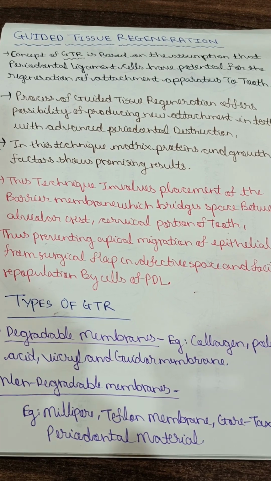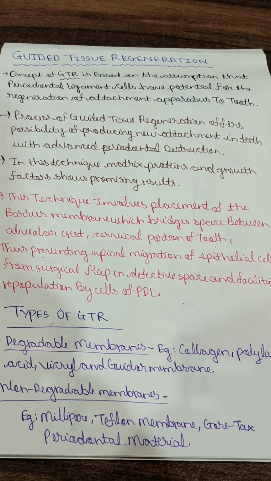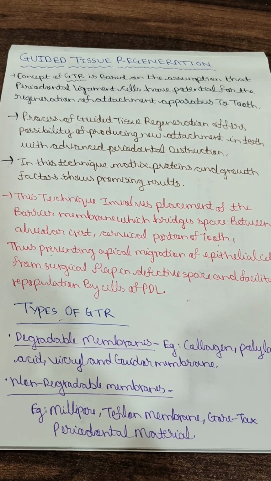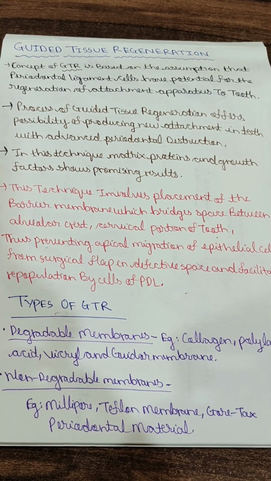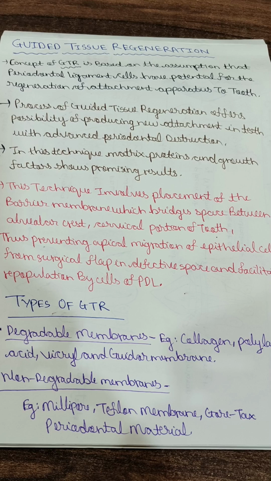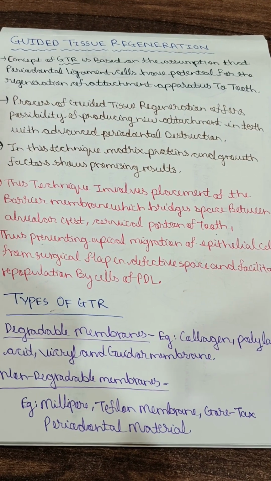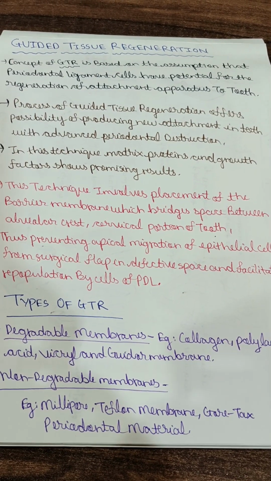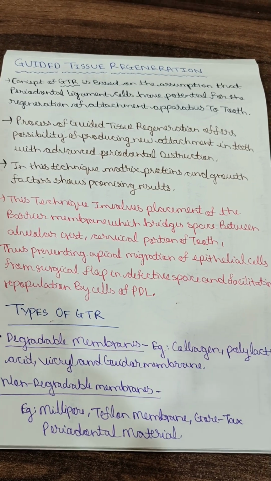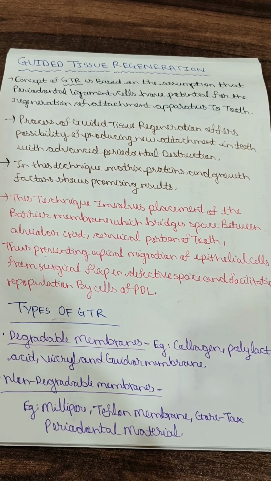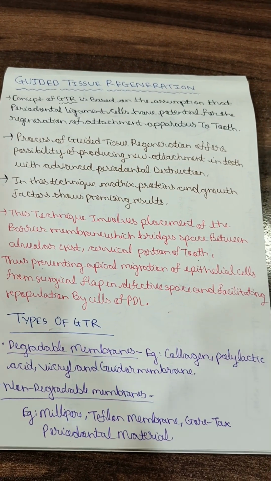The process of GTR offers the possibility of new attachment in teeth with advanced periodontal destruction. In this technique, matrix proteins and growth factors show promising results. This technique involves placement of a barrier membrane which bridges the space between the alveolar crest and the cervical portion of the tooth, thus preventing apical migration of epithelial cells from the surgical flap into the defective space and facilitating repopulation by the cells of